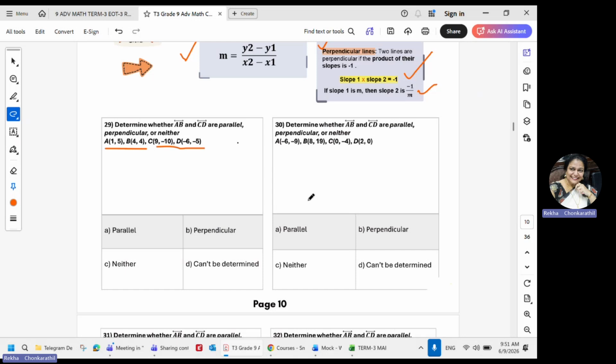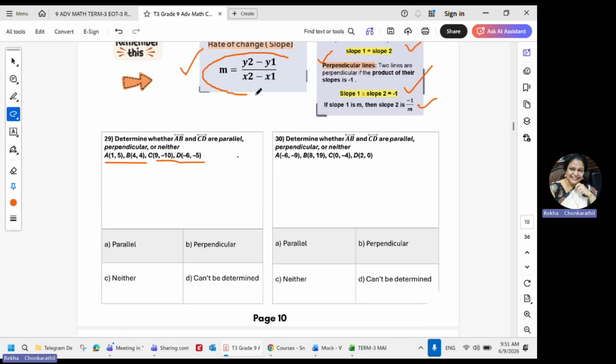Let's try question 29. Here, the first thing asked is, are these lines AB and CD parallel, perpendicular or neither? So the first step is to find the slopes of these two lines. You know the slope formula is y2 minus y1 divided by x2 minus x1. There are two lines, so we say m1 and m2, okay? So here you know how the points are. This is x1, y1, x2, y2. So let's find the slope of